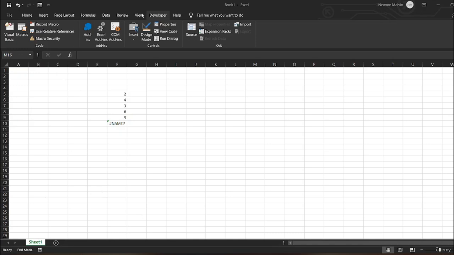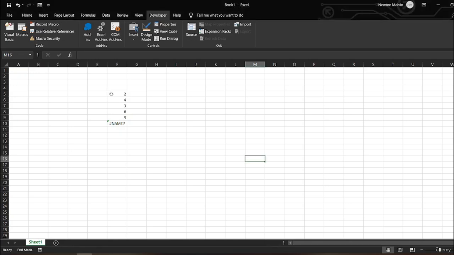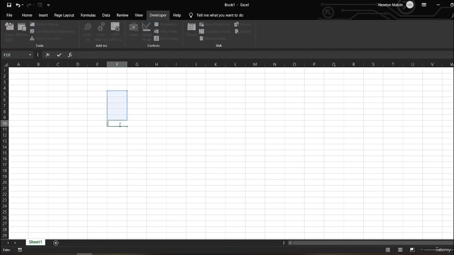Now, you can see here that I have the developer tab opened, and there are some interfaces here. When I put my mouse here, you can see that there is a record macro option, right? So what is the record macro? Suppose I'm doing a function here. Let me delete all this. So suppose that I want to type in, let's say,